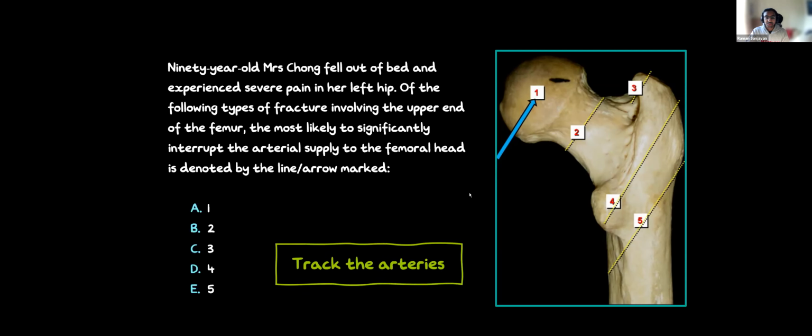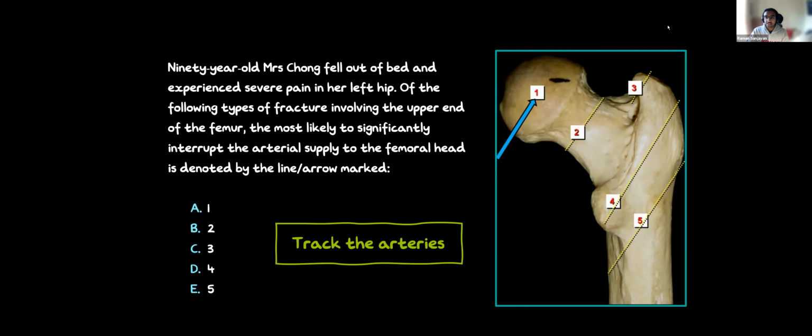And so basically what you need to do is just track the artery. I'm assuming you've learned about the arteries for the lower limb. What you can do is again memorize everything, or have a vague idea of where the arteries go and the high yield points, and that should be enough to carry you through the exam. So a high yield point for the arterial supply of the hip joint is the circumflex arteries around the femoral head. If I give a rough drawing of it, this is not going to be perfect,